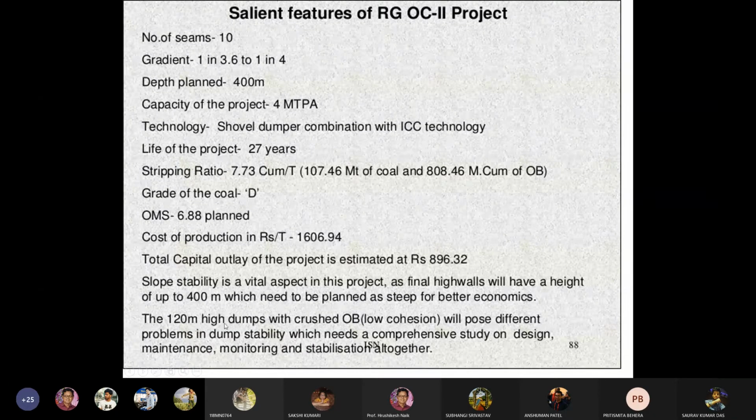The 120-meter high dump with crushed overburden will pose different problems in terms of stability, which need a comprehensive study on the design, maintenance, monitoring, and stabilization altogether.